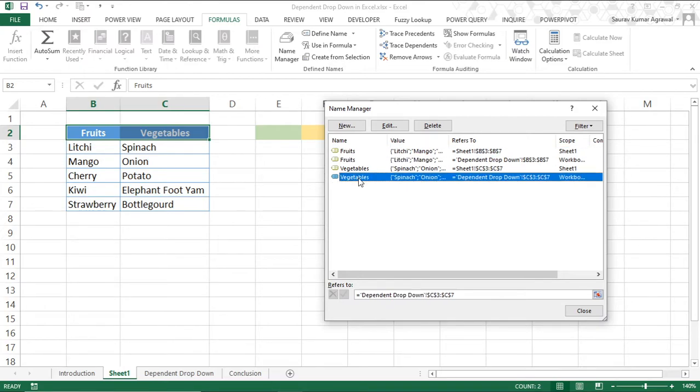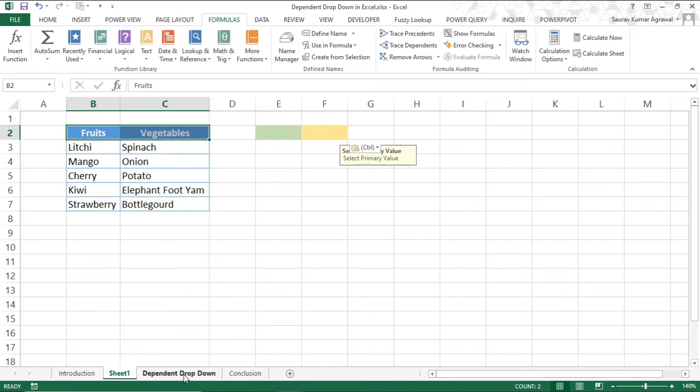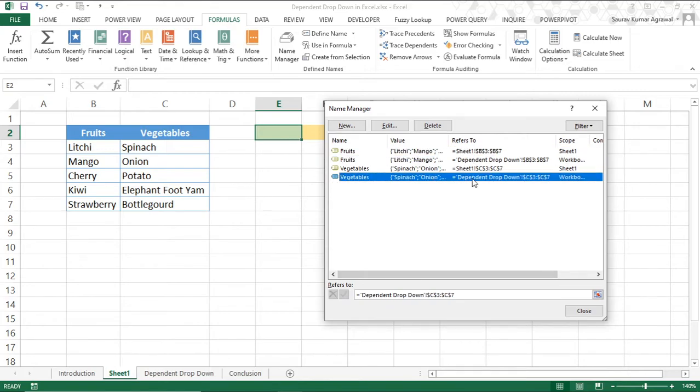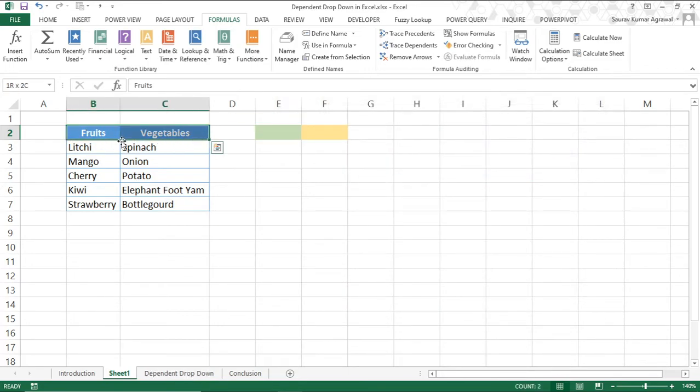You are actually seeing double because I had created one in this sheet as well. But just for you to have full clarity, if you carefully observe, the range here is given as Sheet1, which is this sheet. And if you look at the other two, the reference comes from the previous sheet. Okay, so hope that clarifies how you create auto-named ranges instead of creating a manual name. You just need to organize your data in a way that your topmost row, or if you are having data in a row-wise fashion, your leftmost column, has the name that you want for the specified ranges. Okay, so that is the first step that we need to accomplish.